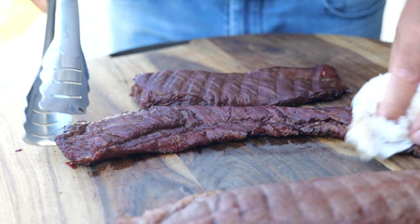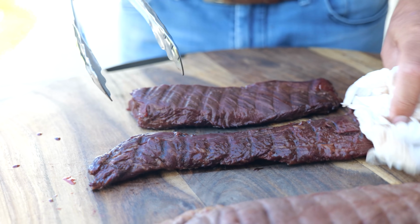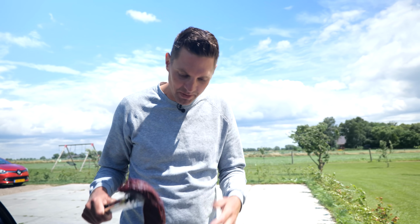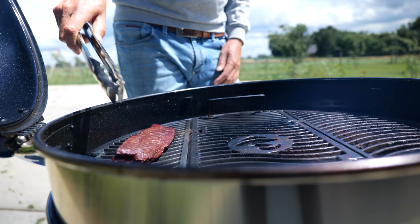I'm going to pat the steak dry because all of that moisture is just going to take up energy while grilling and is going to prevent from building up a beautiful crust. Now it's time to start searing our steak on a hot grill grate,